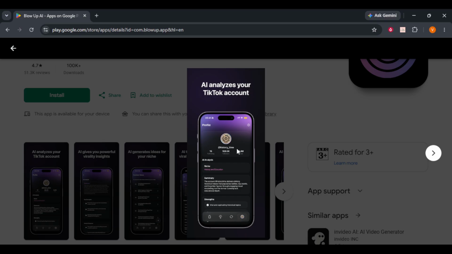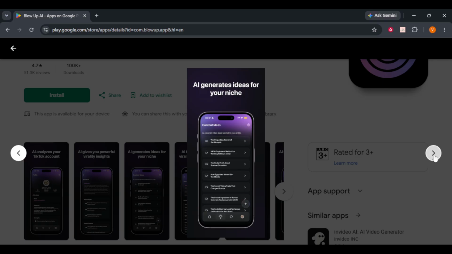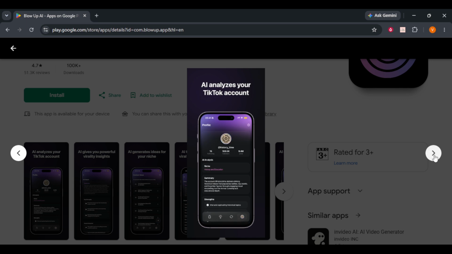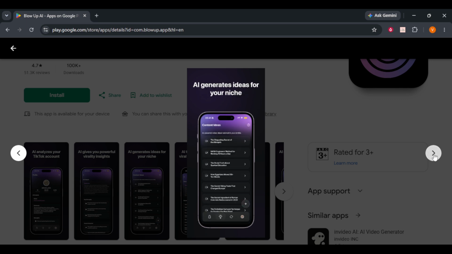or overprocessed. To get started, you simply open the app and tap the large Upload button to select a photo from your library. Once your image is loaded, you can choose from different enhancement models depending on whether you are working with a portrait, a landscape, or even digital art. I recommend trying the Ultra Clear mode for most photos because it provides the best balance of sharpness and natural texture. After you select your settings, the app takes just a few seconds to process the data using its deep